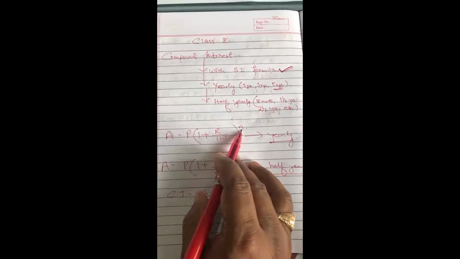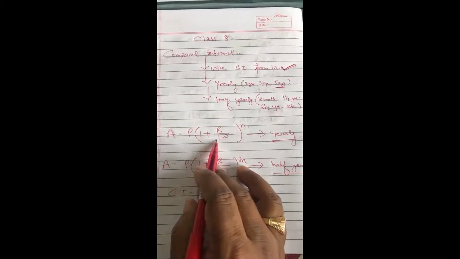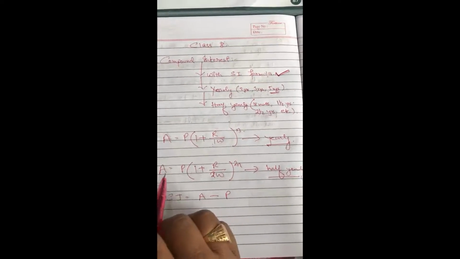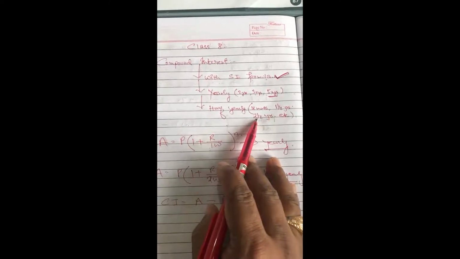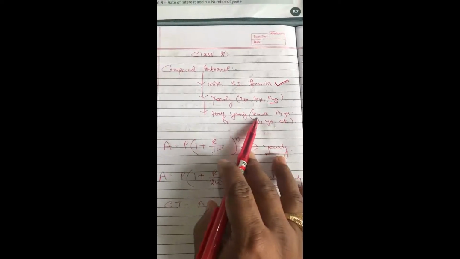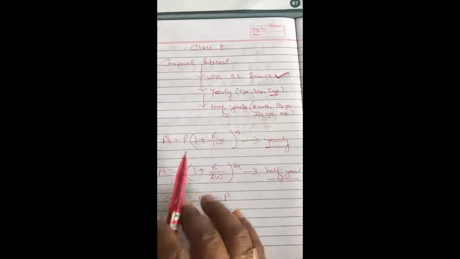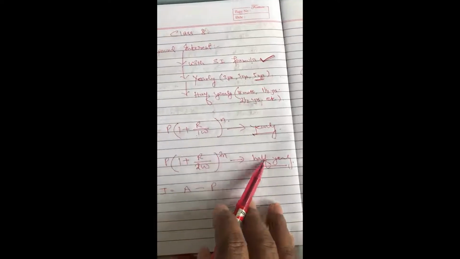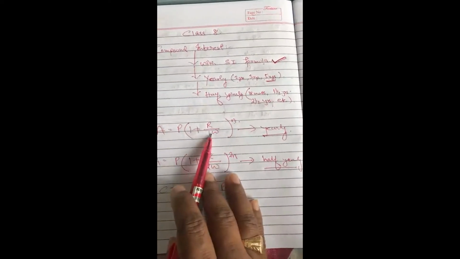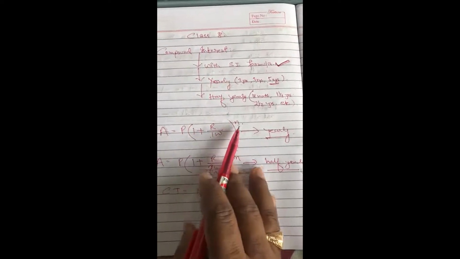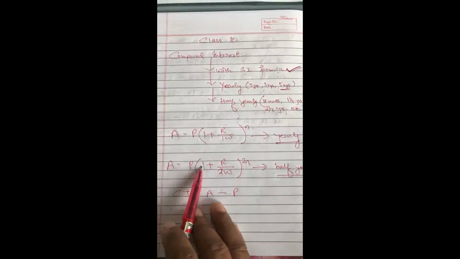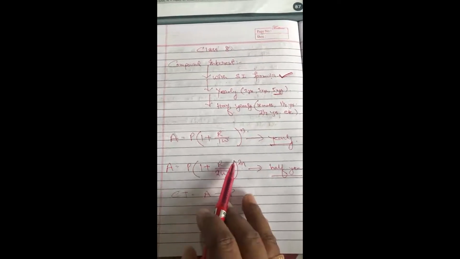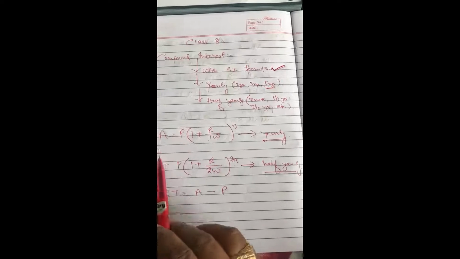N and t are the same, but this formula is applicable only when the years are in round figures, like 2 years, 3 years, 4 years, 5 years. There can also be 2.5 years, 1.5 years, 18 months. In this category, the first formula does not apply; then you have to use the half yearly formula. The only difference is that instead of 100 you put 200, and instead of n you put 2n. So the formula is amount equals principal into 1 plus r by 200, whole to the power of 2n, where 2n is 2 into the number of years. With this formula, you will calculate the amount.